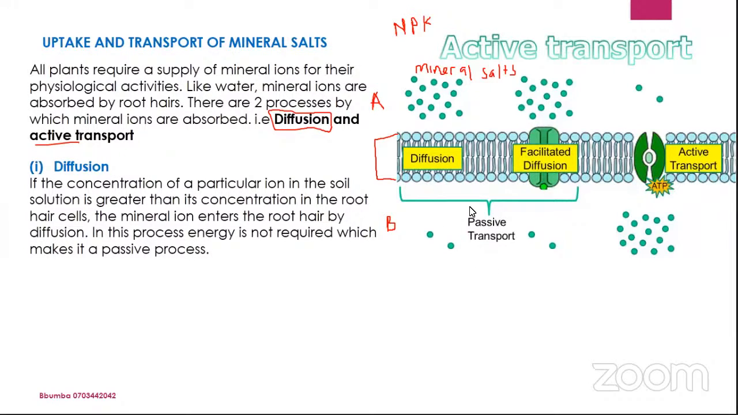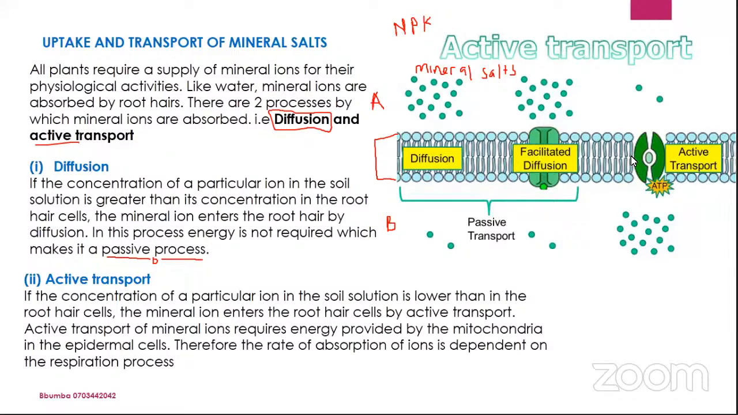Now the mineral ion is going to enter the root hair by diffusion, and in this process you don't need any energy, and that's why we call it a passive process. It's a passive process, but sometimes it could be active. It could be active, whereby if the concentration, look at this side, you're having a lot of molecules inside the